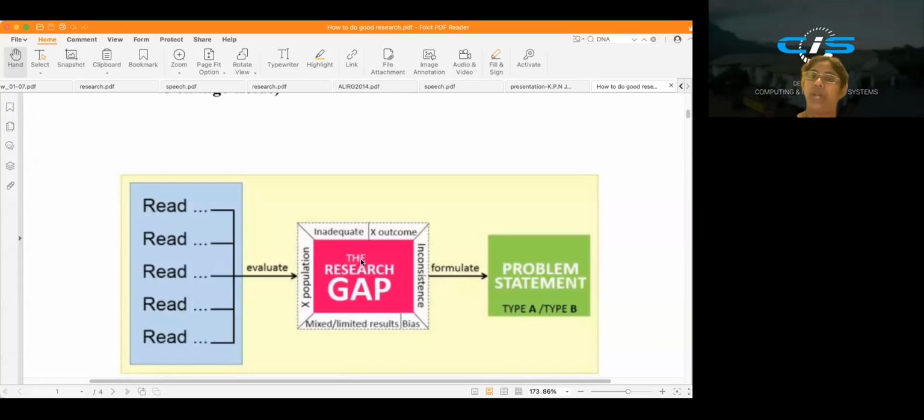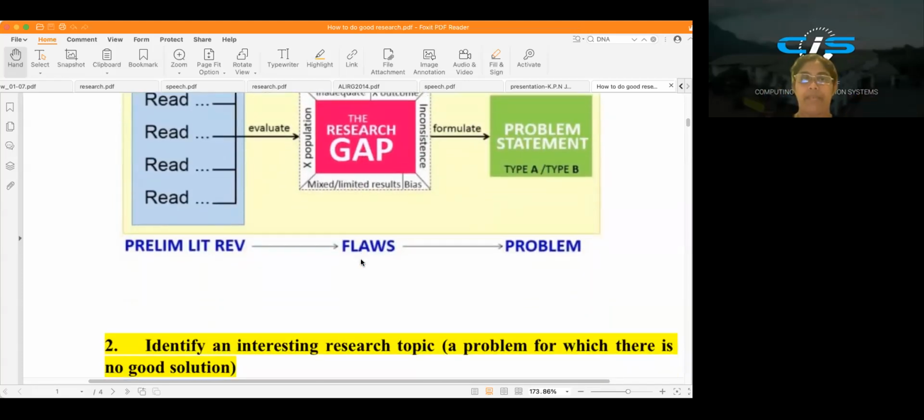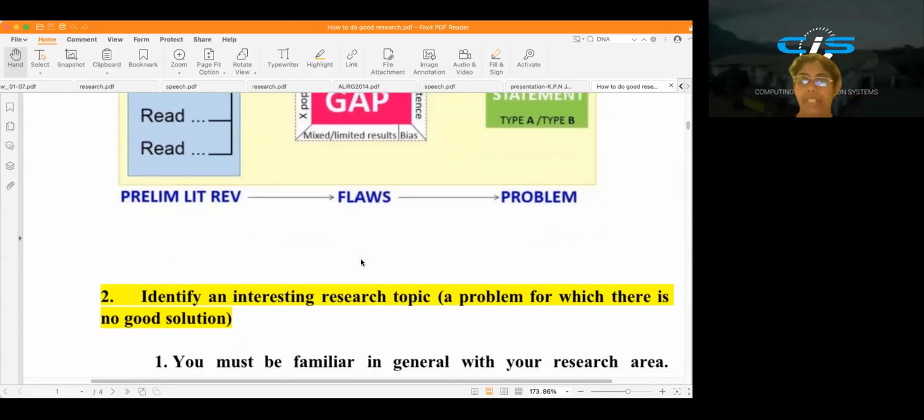The first thing, you have to familiarize yourself with the literature review, then identify the research gap and formulate the problem statement. Okay, so now the research area is okay. Actually, before this problem statement, first you have to find the research area, and then identify an interesting research topic, a problem for which there's no good solution. So the next part,